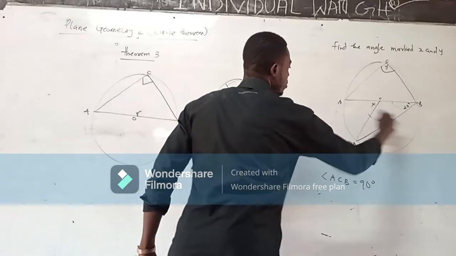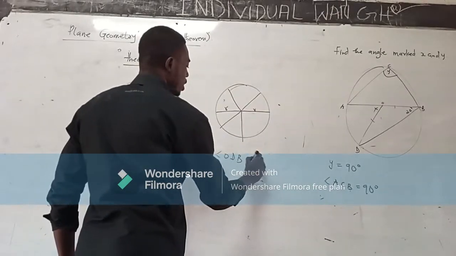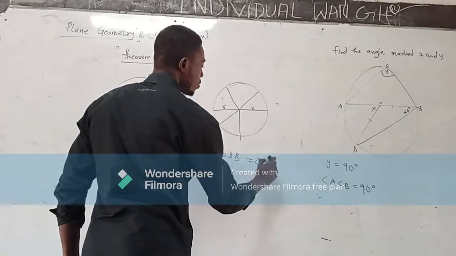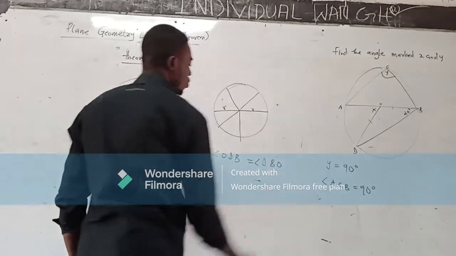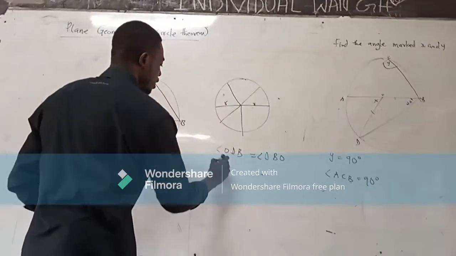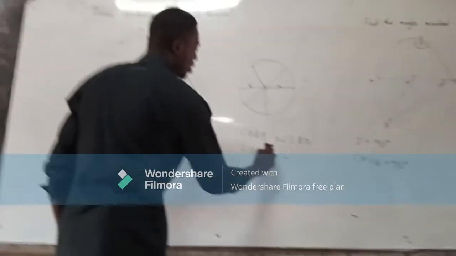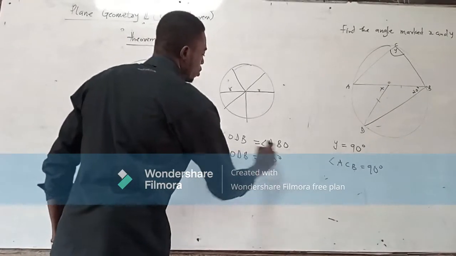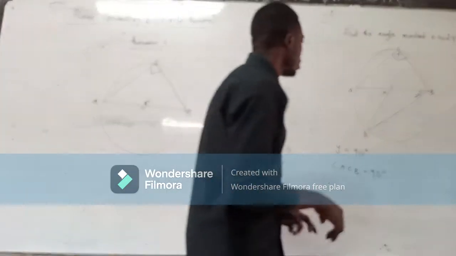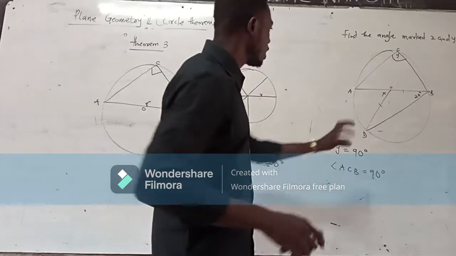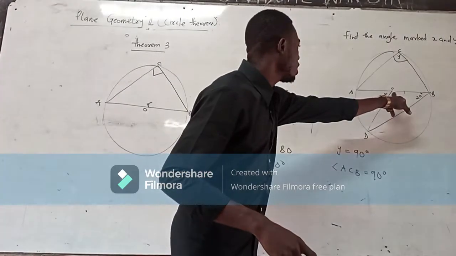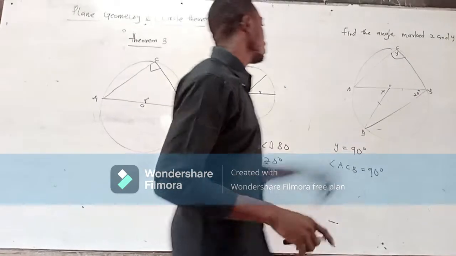So ODB means that the angle formed here is equal to angle DBO. It means that angle ODB should also be equal to what? Should be equal to 20. If we have that, then there's a secret given. So you have here to be 20, here to be 20. Then you can find the angle